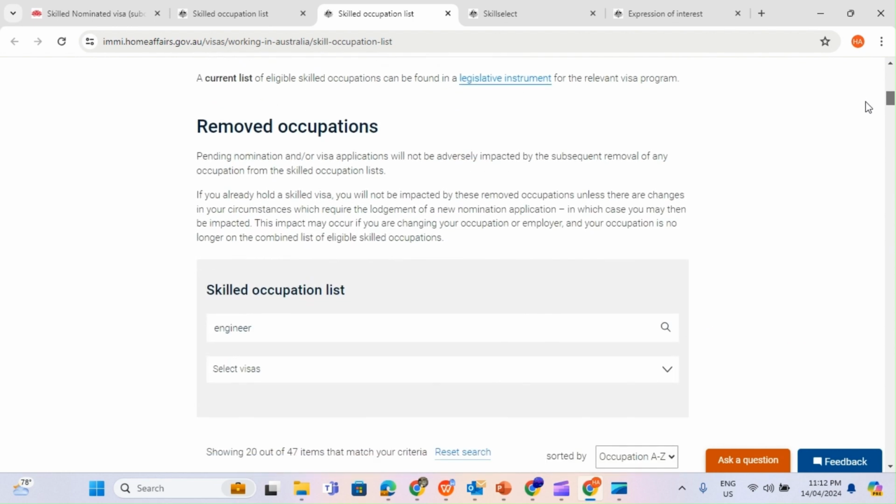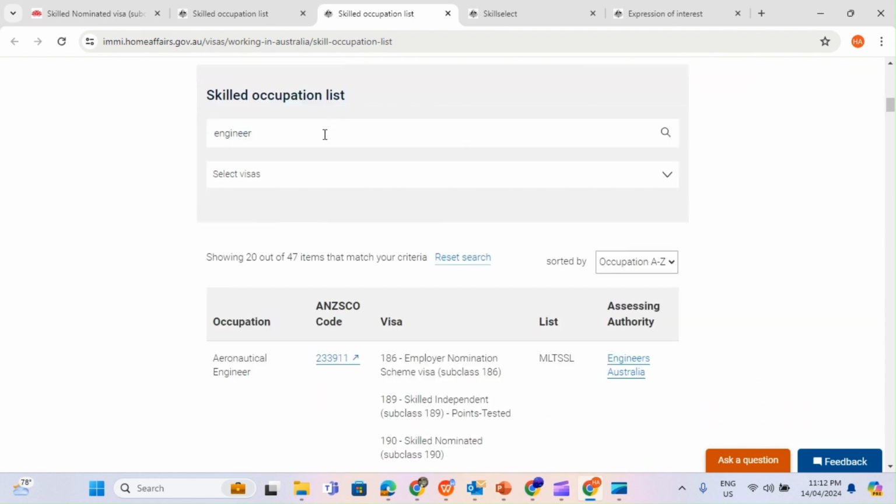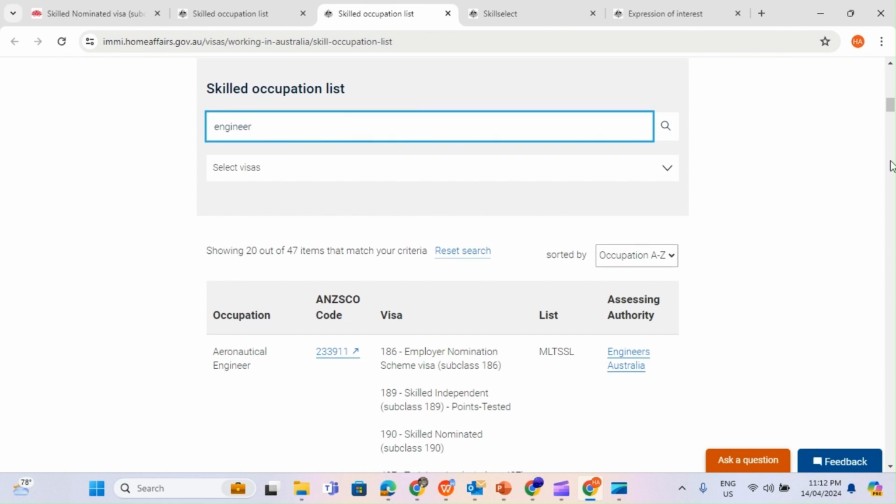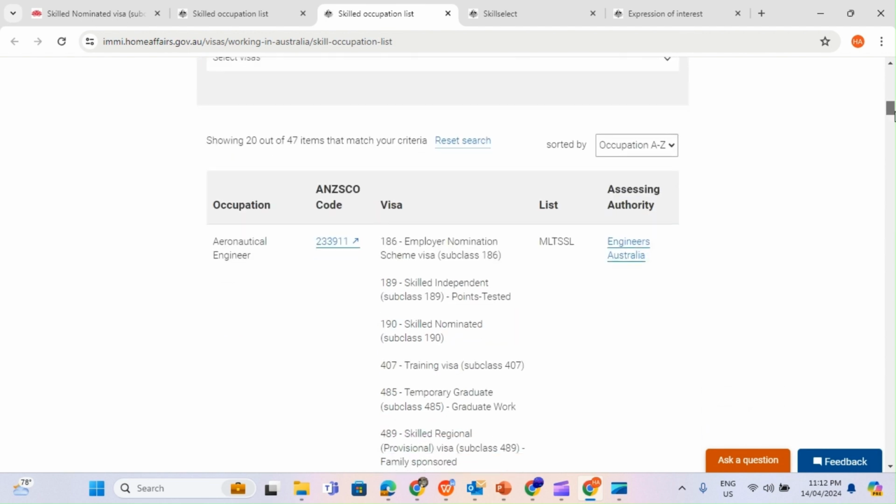But if it's not nominated, then you go to another state. You can go to Victoria, Queensland, South Australia, any state of your choice, and you go and type it. Even Tasmania, you type and check your skill, and once you find it, then you can apply. If you start an application without finding your skill, then you are not going to be successful in the pool because your skill is not nominated. You may not even complete a form. So that is something which is very important.